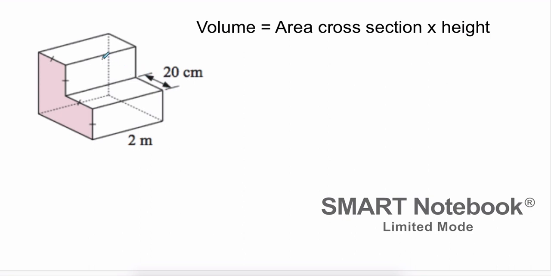In this prism, the cross-section looks like an L shape, the shaded pink face here. Just to be clear, the very first step, which is very important in calculating the volume of a prism, is to identify where the cross-section is, which face is the cross-section. So for instance, in this prism, the cross-section is not the rectangle here,